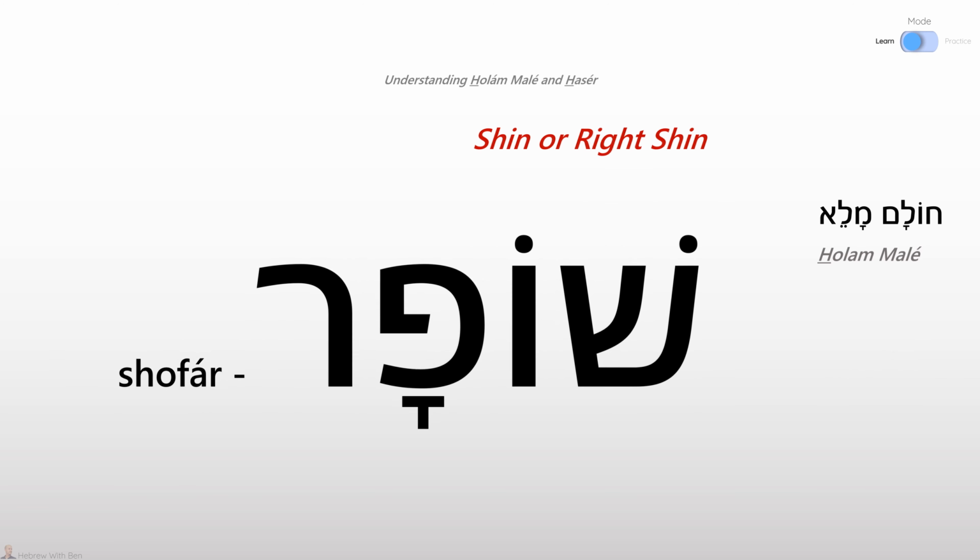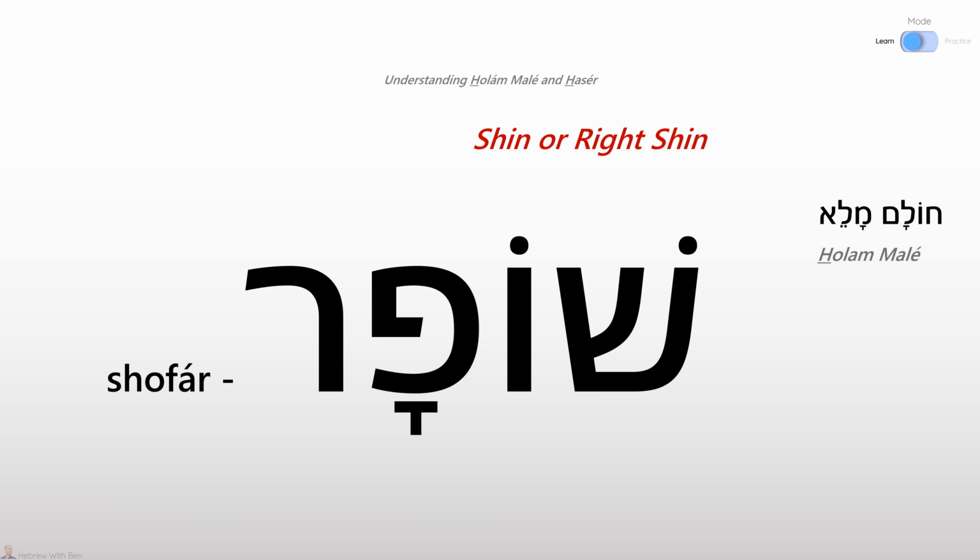This is the letter shin and the shin dot that defines the consonant. This is the letter Vav and cholam dot that belongs to the nikud sign. Both the Vav and dot are part of the nikud cholam maleh. In this case, we can easily see which dot is which.